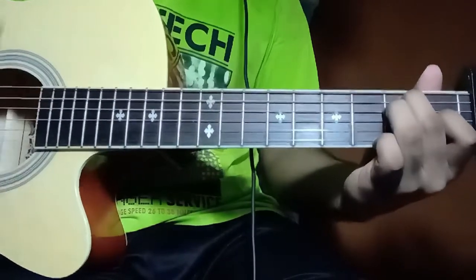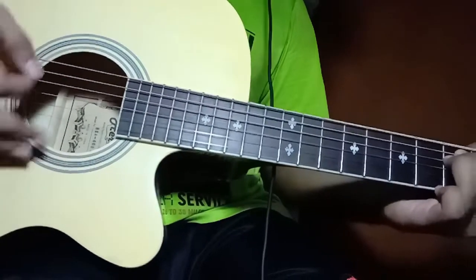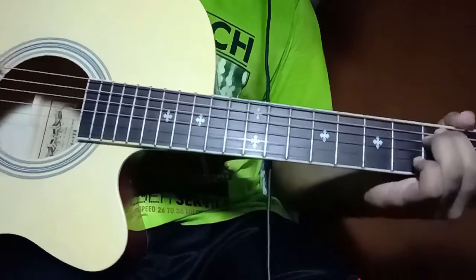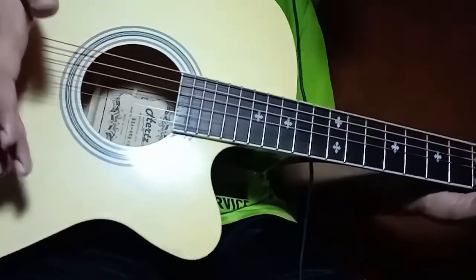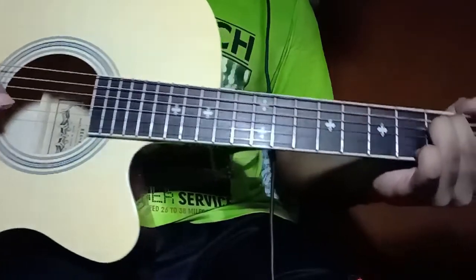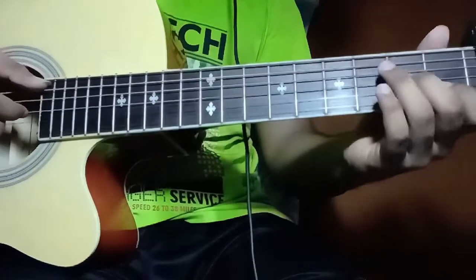And now what you are going to do is you will put the palm over the strings, so make sure that every string is muted, and now you do couple of down strums, 1 2 3 4 5 like this. So put your palm over here and you strum 1 2 3 4 5, okay, like this. So till now what you get,